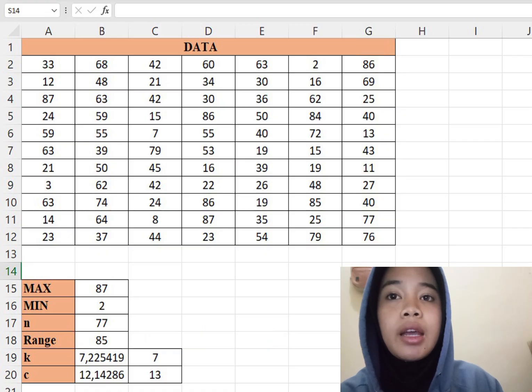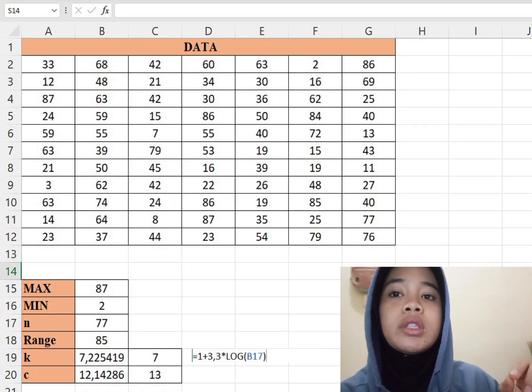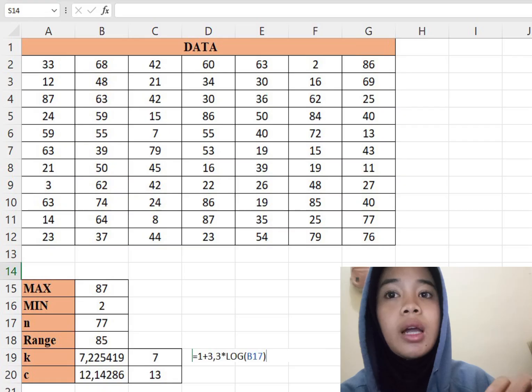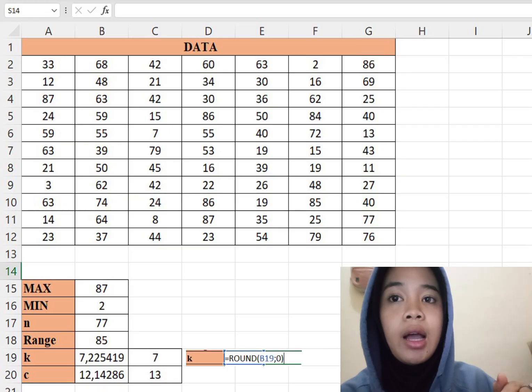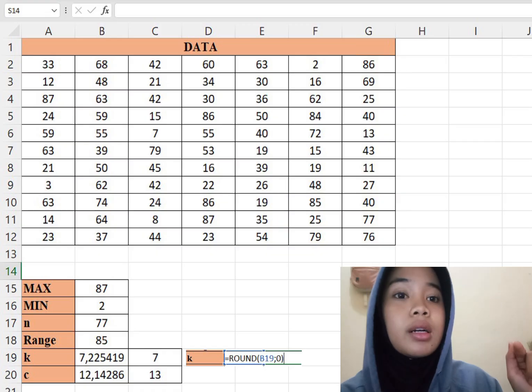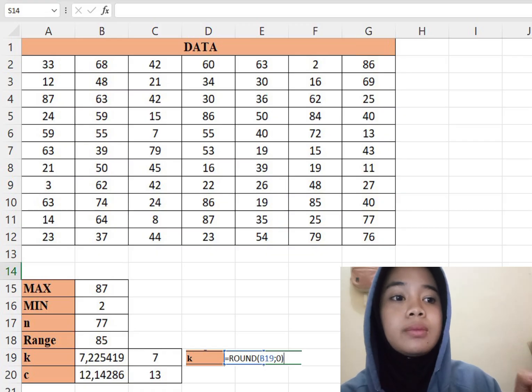Then for the k value, use the formula 1 plus 3.3, and then multiply, and then logarithm, and then n. Then click enter. If the result is a decimal, use the formula round, and then click enter.